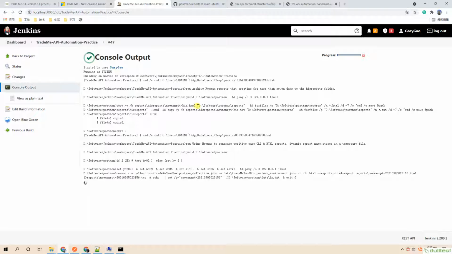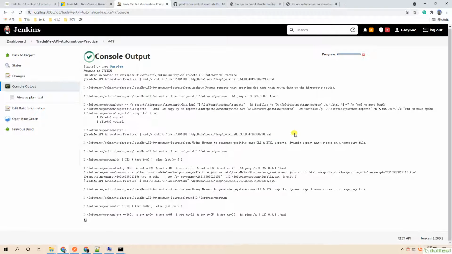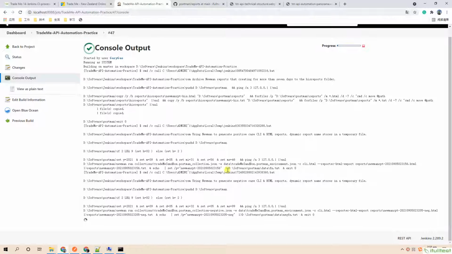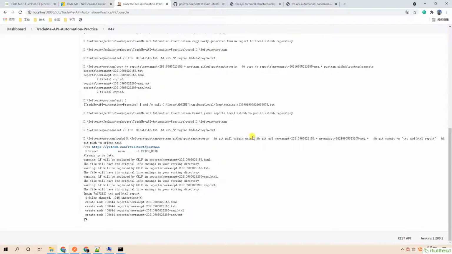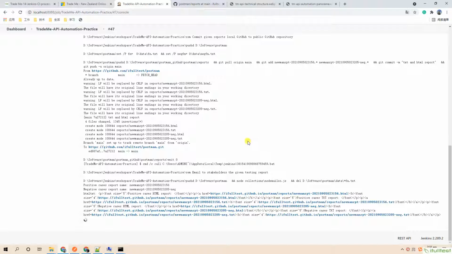See, we start the archive operations. Then start to generate positive and negative reports. Then we start to push report files from local GitHub to the remote GitHub repository.